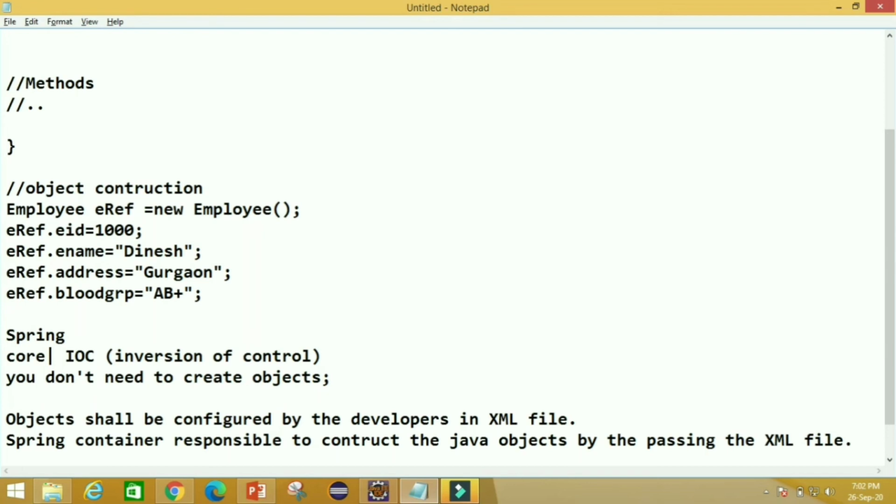Now you need to mention the data which these attributes will store in XML. That's why we call it inversion of control.